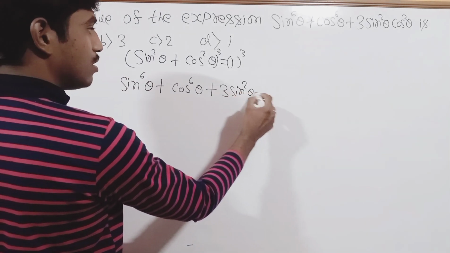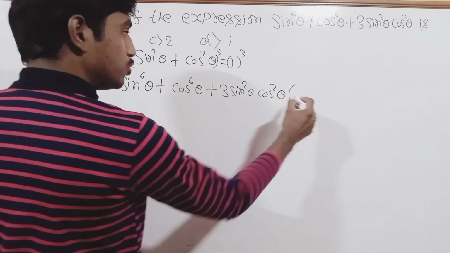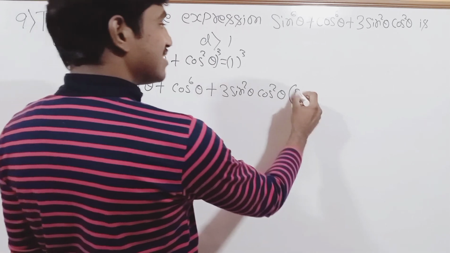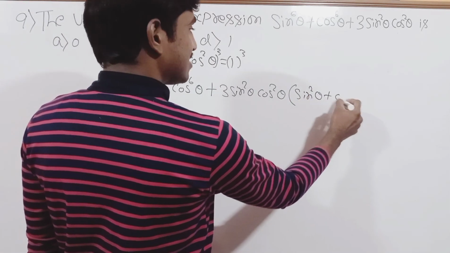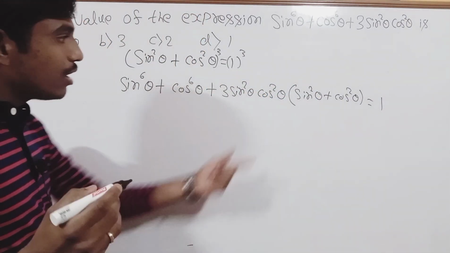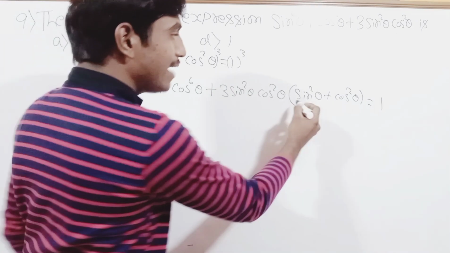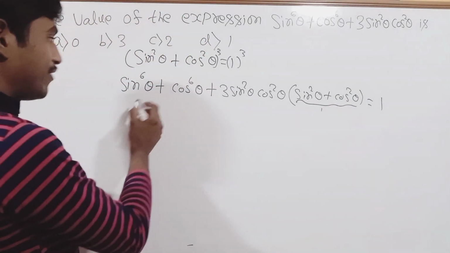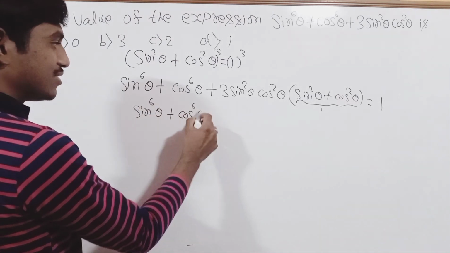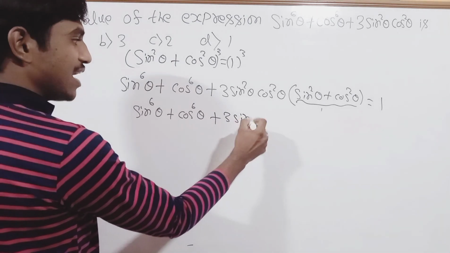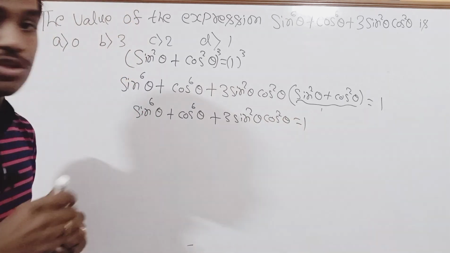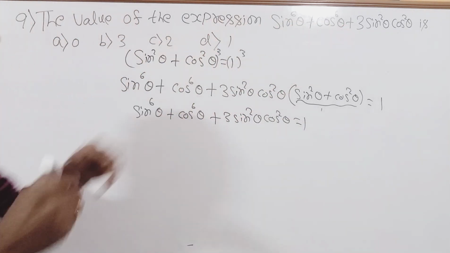Sin square theta cos square theta into (a cube plus b cube plus 3ab into a plus b). That is, sin square theta plus cos square theta, which is equal to 1 cube, is 1. So here again, sin square theta plus cos square theta, we know that this is 1. So what we get here is sin to the power 6 theta plus cos raised to 6 theta plus 3 sin square theta into cos square theta, which will be equal to 1. So the value of the given expression is 1, which is option D,